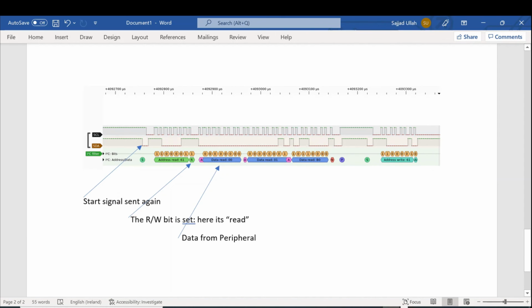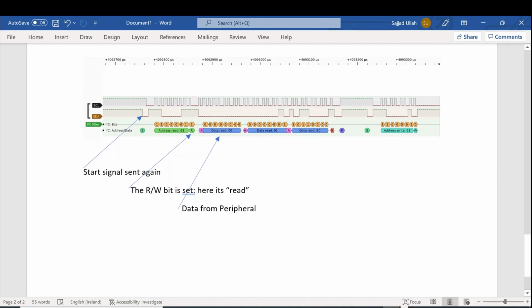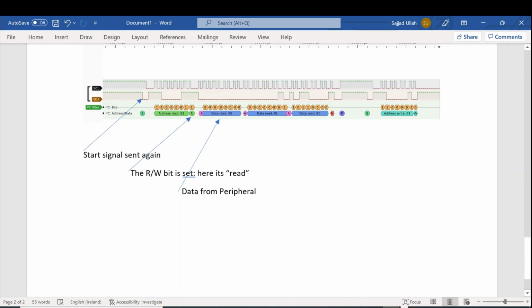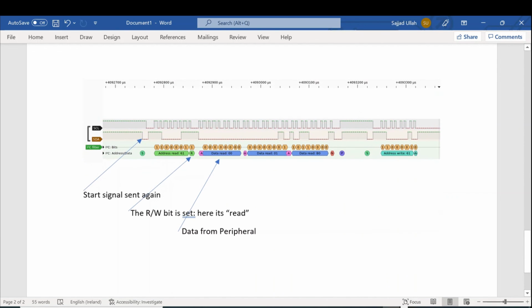This is the data that's coming through, the data that we're going to be reading. It sends an acknowledge. This is the data, so you can see the binary 1s and 0s, and this is the data read. This is the hex 01, the hex 00, hex B0, and that's it over again. And then after a short little time, everything starts over again. So it sends the start signal again,